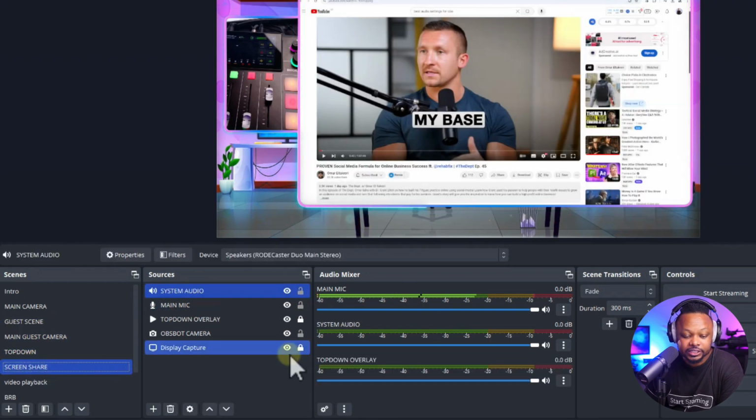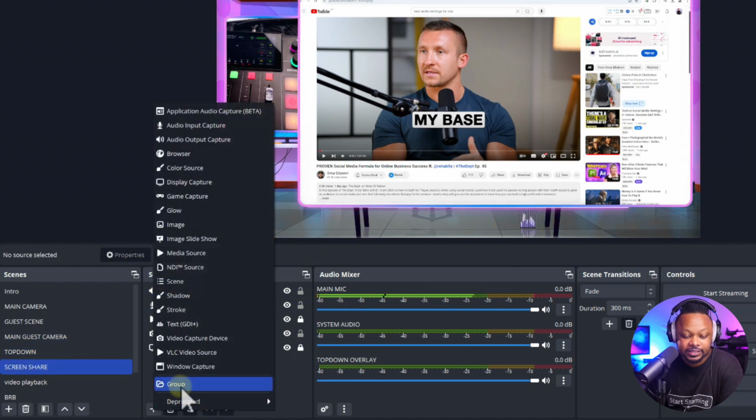So let's go to my main share, my screen share scene again. And I'm going to go ahead and hit the plus sign. I'm going to show you how to do it. So basically, this is usually what we do with desktop audio. But the problem with desktop audio is it's everywhere. Once you enable it back in the settings, which is something that we disabled when we started, it's going to go to all the scenes,